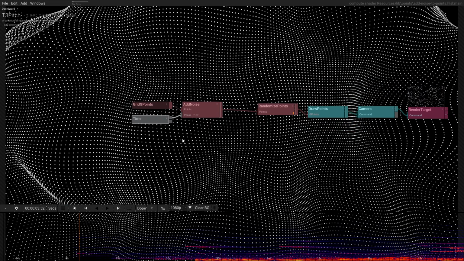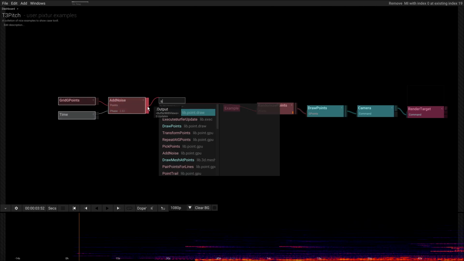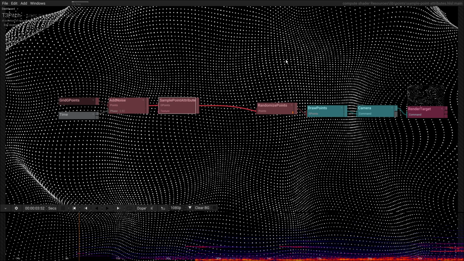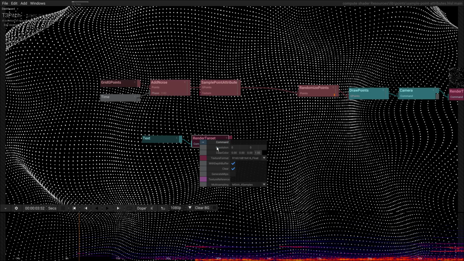And then maybe you can go on and build something more interesting here. So let's say we want to drive the size of these points by a texture. So then we could use text, and we could render this text into a texture, and then maybe we decide not to have the current screen resolution, which right now is full HD.